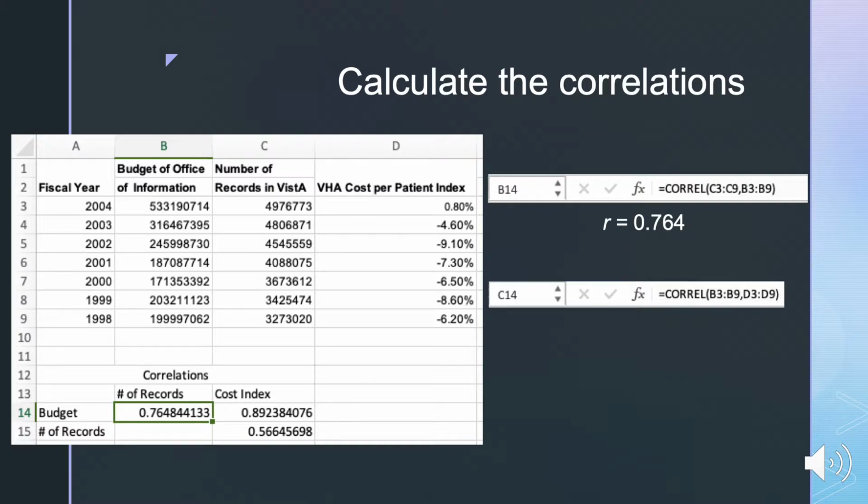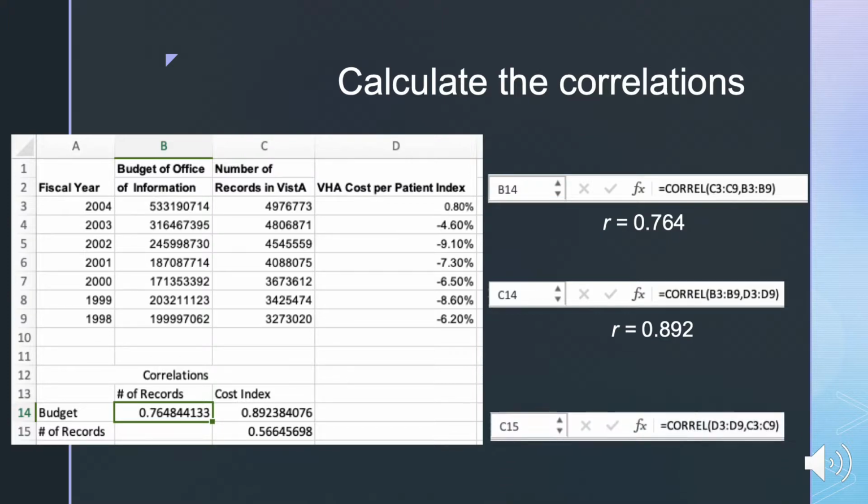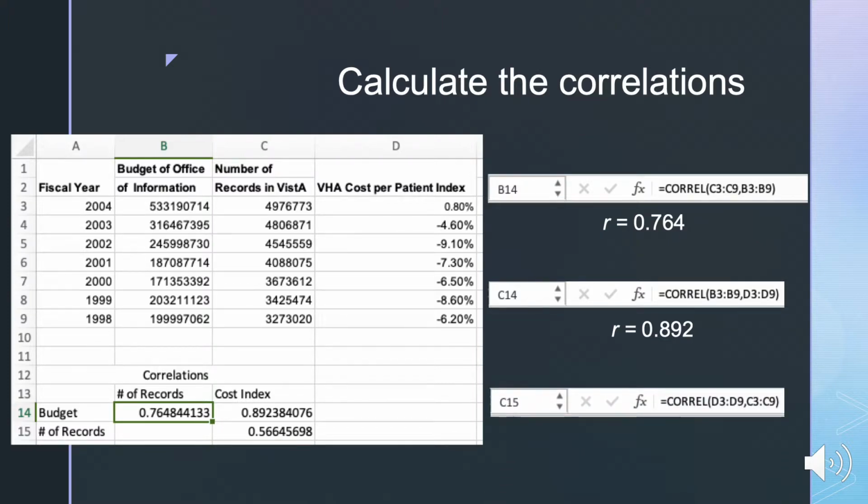And it calculates the correlation coefficient of 0.892. And lastly, I need to calculate the correlation coefficient between the number of records and cost index. So in my case, I gathered the correlation with the first set of records from D3 to D9 and C3 to C9, and